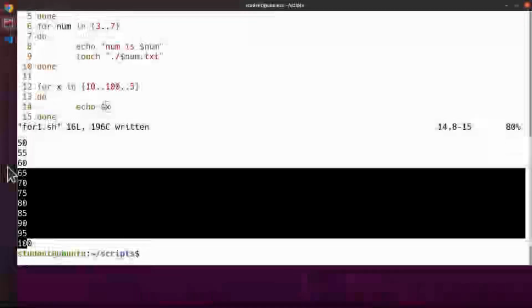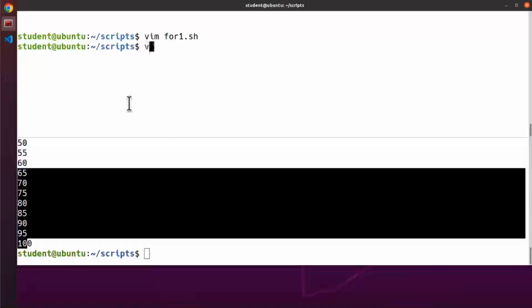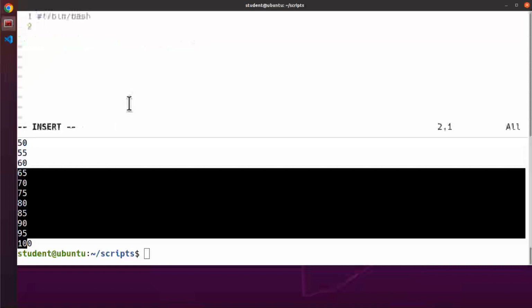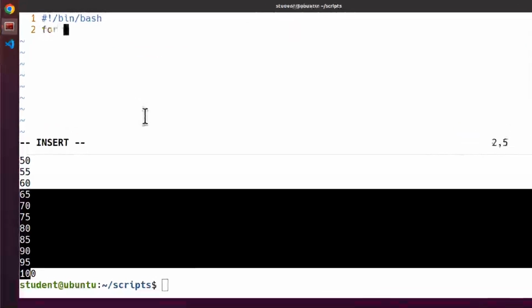In the next example, I'll show you how to iterate over the output of a command. I'm creating a new script. Using a for loop, I'll display the contents of each text file in the current directory. So for item in